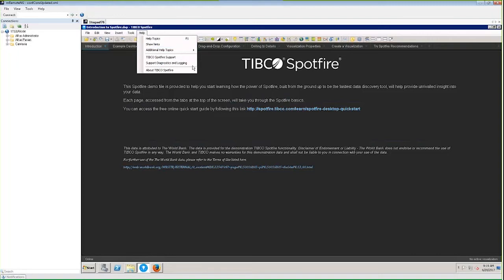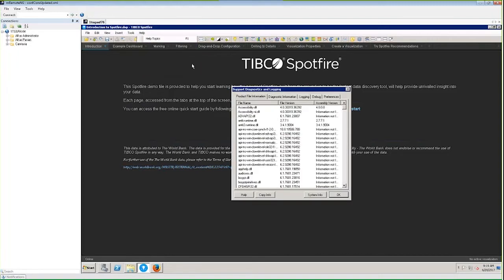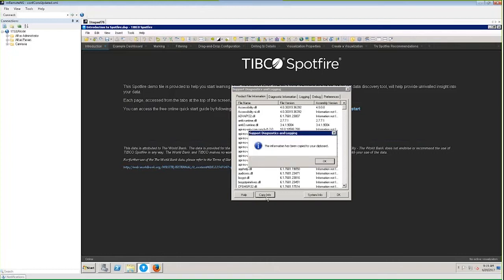But if you go to help, support, diagnostics and logging, and click on copy info, this actually copies the entire info to the clipboard. You can paste it in Notepad. This actually captures the diagnostic information, which is very crucial for us to understand what patch level you are at. This is one step. The second important aspect is if you go to logging,